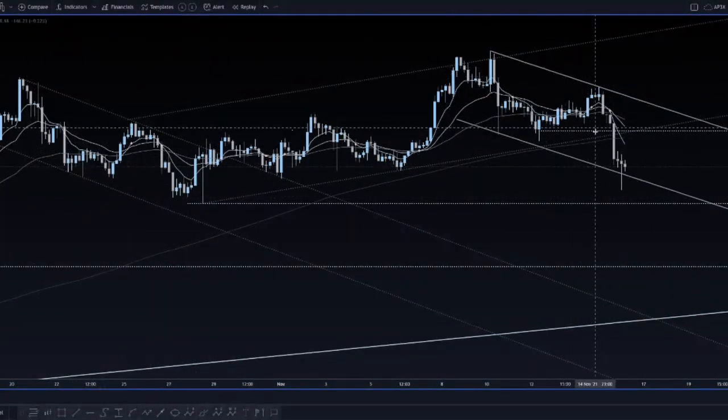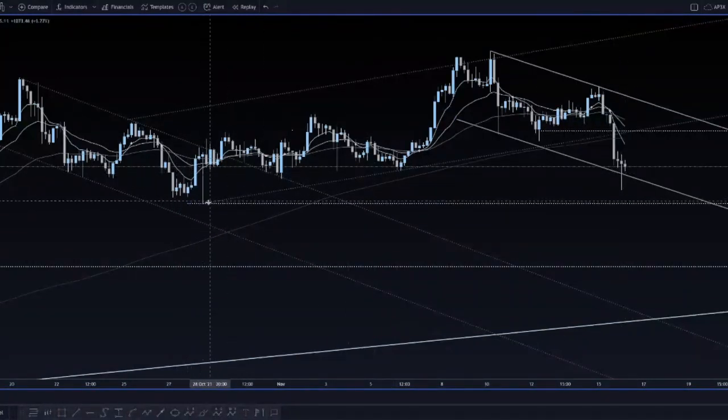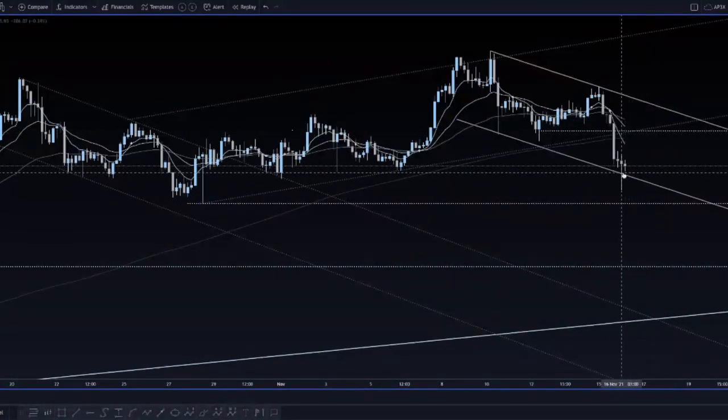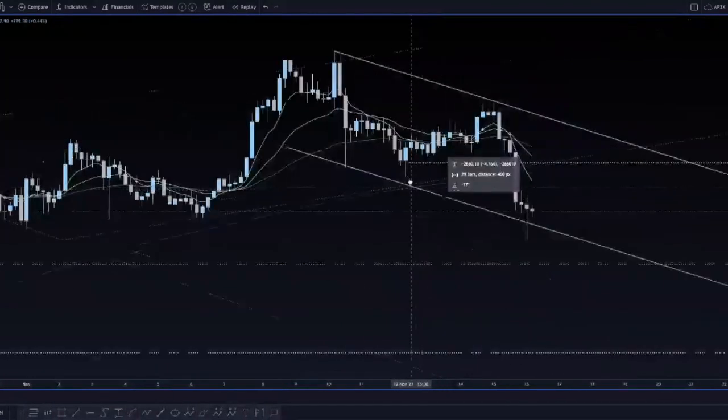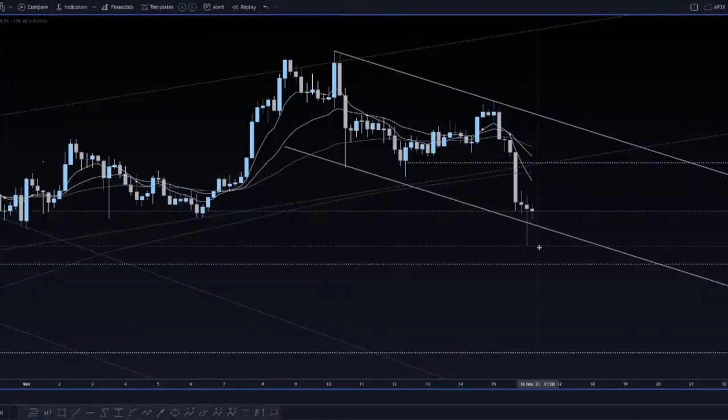So I'm not looking to get long anytime in this area here. I would prefer it to get a little lower, and I'm not looking to sell at these levels because it's too late. So what do we do? On a 4-hour basis, we are printing lower low, lower low, and lower highs. As you can see, this high is lower than here. So this is a midterm 4-hour corrective wave down. And if you want to trade within the trend of the corrective pattern, I would be looking,